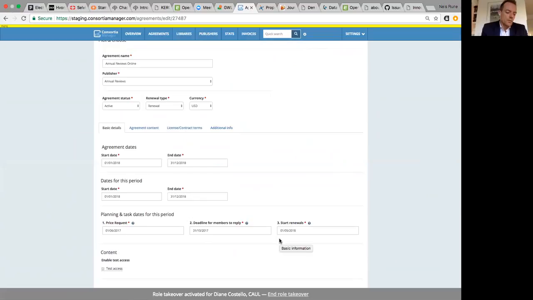The dates that you will be asked to do things and the deadlines that you will have can be different from agreement to agreement. Because some publishers are just notoriously late with their pricing, and others are very early. And some you can wrap up and finalize quickly in the fall, and others you have to wait until the very last minute in December to do this. So you can do all that,